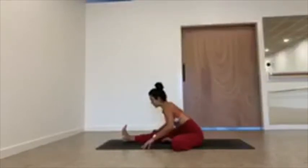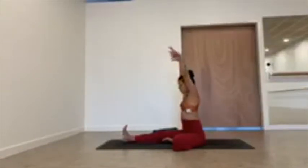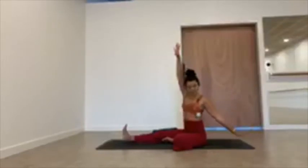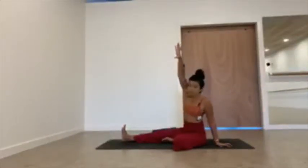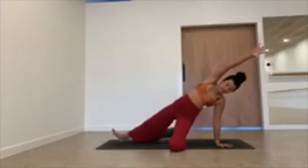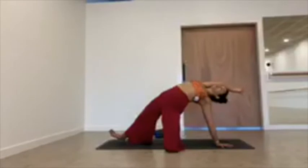Beautiful. Inhale, come on up. Let's reach the arms up. We're going to go left hand behind. Exhale. Spread the fingers, press the palms into your right heel, keep the right toes flexed up. Inhale, lift the hips. Draw the right arm back to open across the right shoulder, open across the chest for